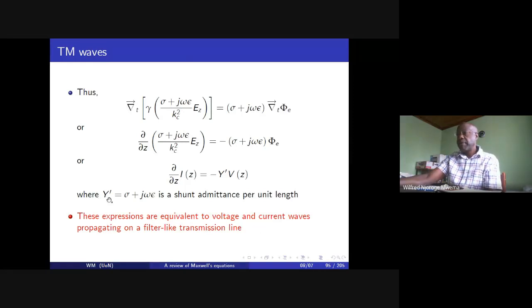Say, for example, Y prime. We have this is a conductance per unit length. That is a capacitance per unit length. Therefore, this admittance Y prime is equivalent to a conductance in parallel with a capacitance. Okay? So we have a parallel combination of a resistance and a capacitance for us to get this value,